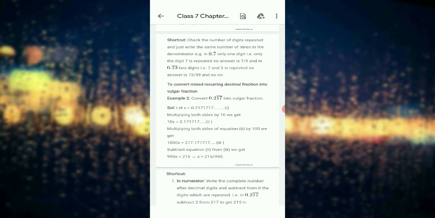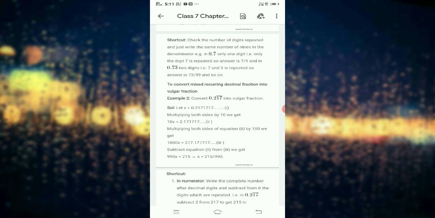Multiplying both sides by 10 as earlier we did, we get 10x equal 2.171717, equation 2. Multiplying both sides of equation 2 by 100, we get 1000x equal 217.171717, equation 3. Subtract equation 2 from 3, then we get